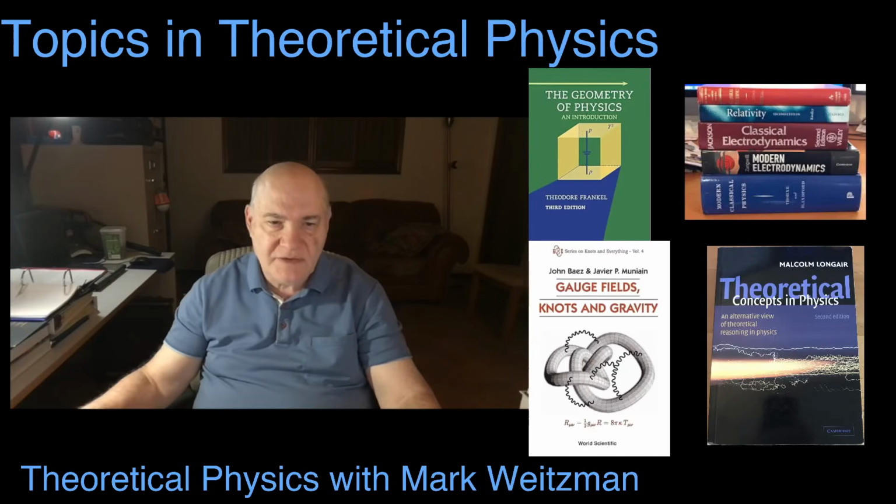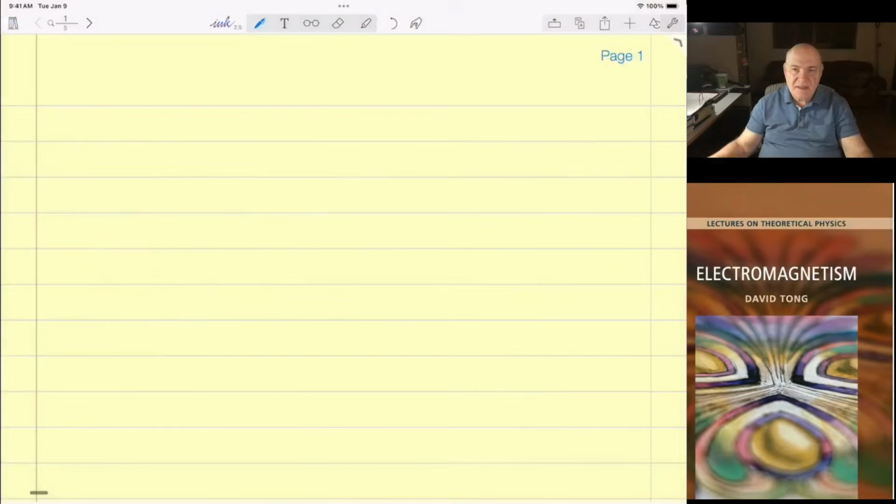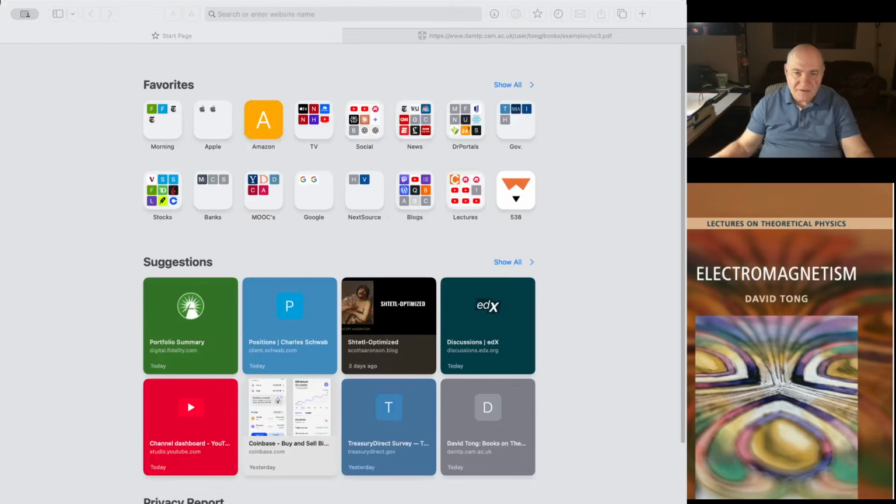Today I want to continue with another problem from David Tong's book on electromagnetism, the second in a series of 10 books that he's writing on theoretical physics. The book itself does not contain problems, but there are problems associated with the book on his website. So the easiest thing to do, I mean, you can print them out, is just type his name in